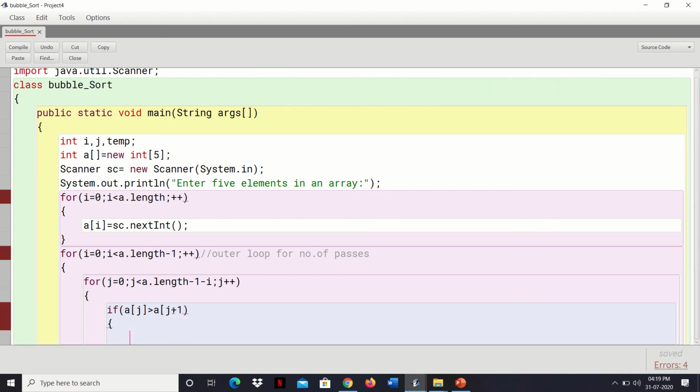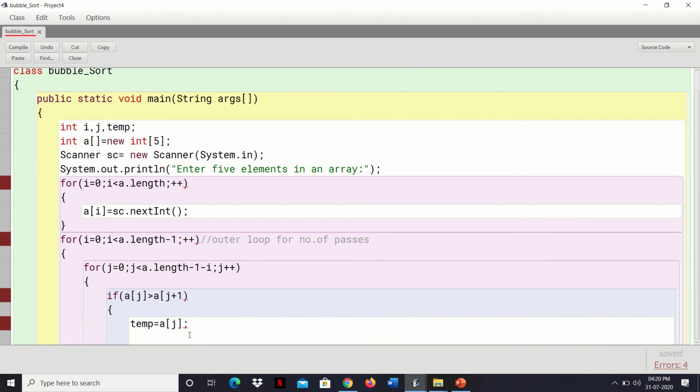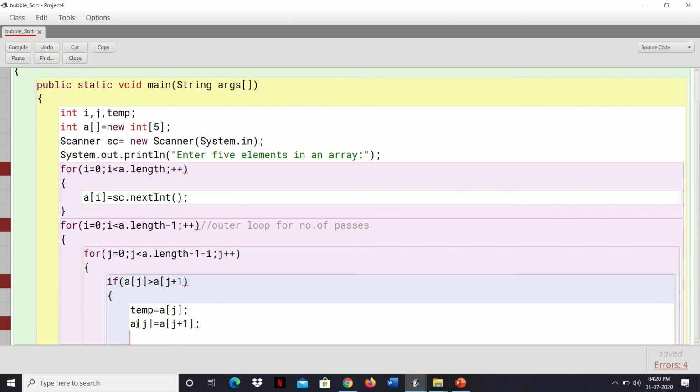If it is greater, then we will swap it. temp equal to a[j], so the value of a[j] is kept in temp. Now a[j] is blank, so in a[j] we will keep the value of a[j+1], the logic of swapping using a third variable. a[j+1] is now blank, so we'll store the value of temp there.